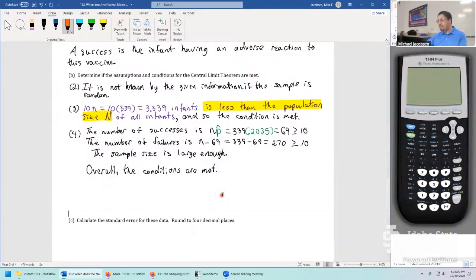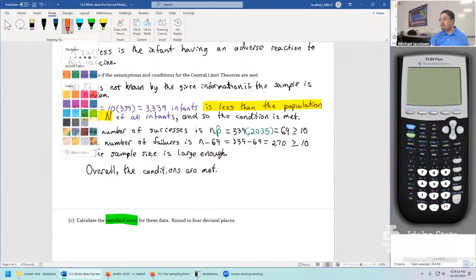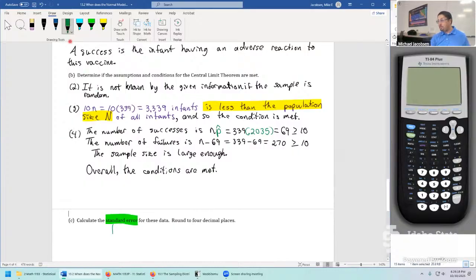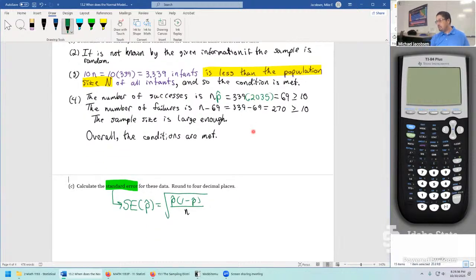To get to that complete analysis, you still have to calculate the standard error. This is one big part of the confidence interval procedure. So let's practice this one more time just to get some extra practice in. We'll calculate the standard error of p hat. The strategy is to now just write in the formula. It's the square root of p hat times 1 minus p hat, divided by sample size n. So this then turns into